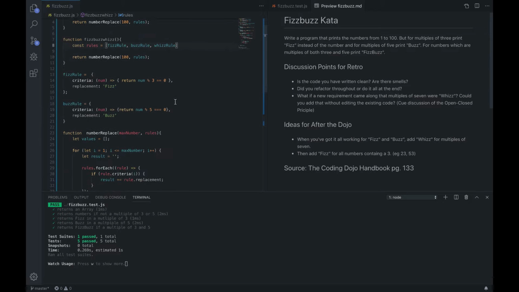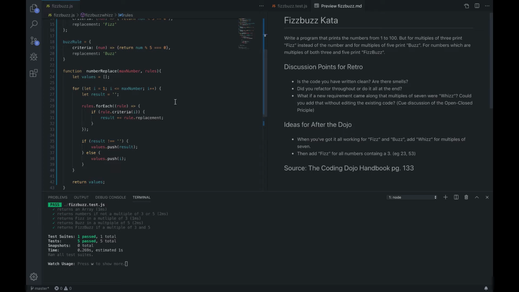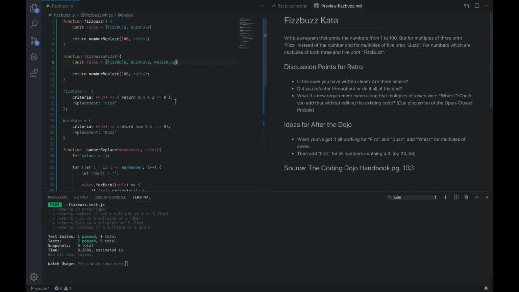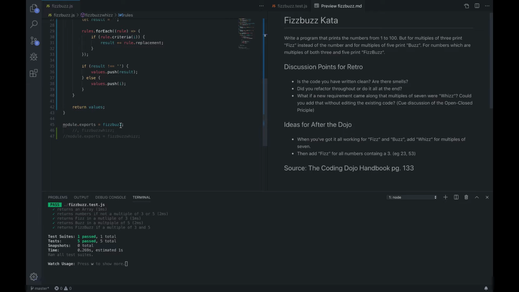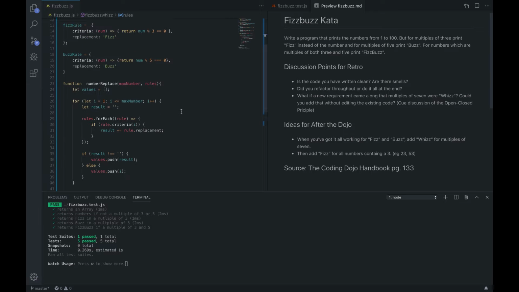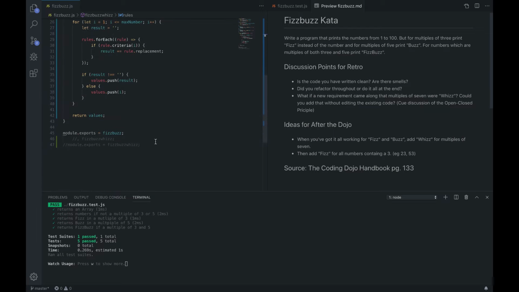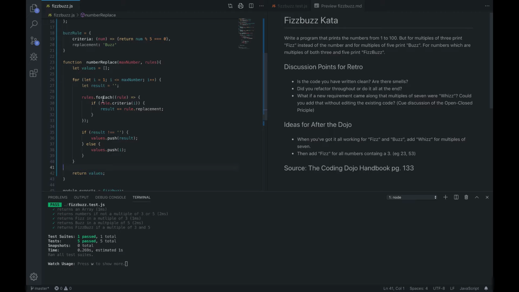So, except for having problems with bringing in our module functions, I liked how this one went. So we still have this function still